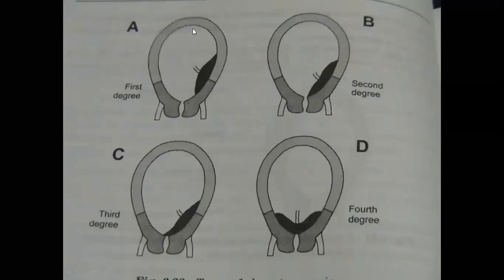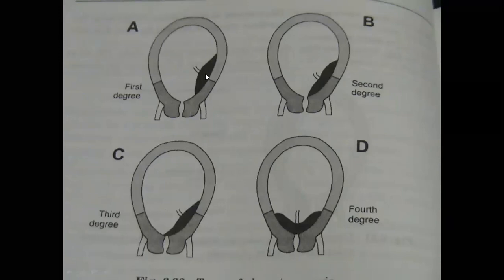So I told you normally the placenta is attached to the upper uterine segment. But when it is attached here in the lower uterine segment, we call it placenta previa. That is a complicated condition. The surgeon, the gynae obstetrician, has to be ready if placenta previa is there. So placenta previa has four degrees.